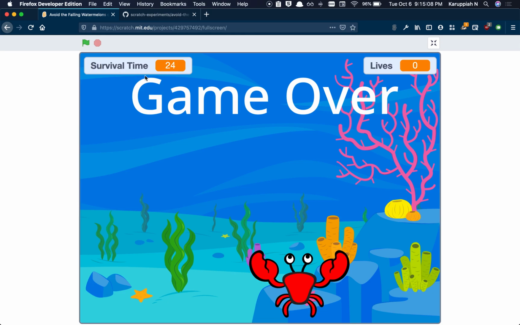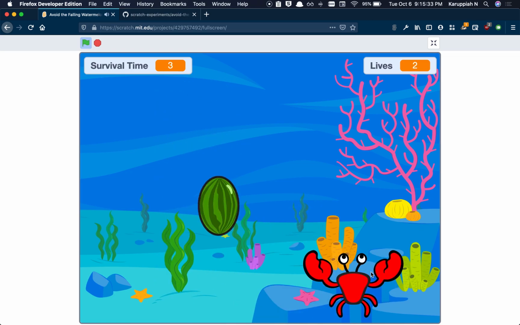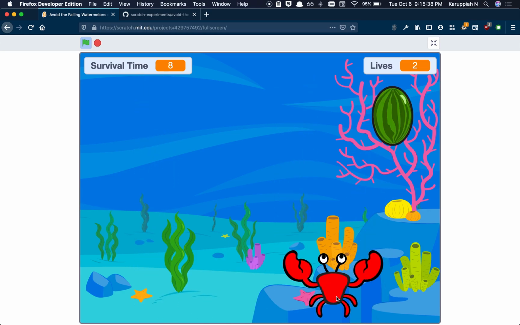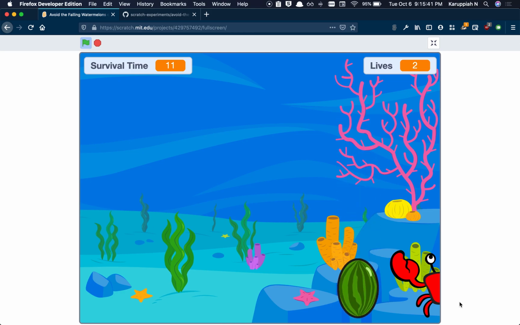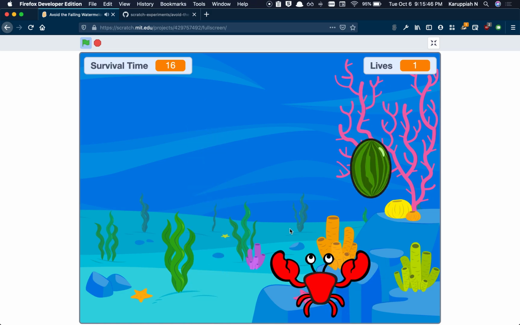I guess while we build this game, we'll also add the winning implementation where, let's say, if the player survives for like 60 seconds, then the player wins. For now, it's just indefinite. It goes on, and the time increases. Oops, I guess I can't move really fast sometimes. Huh? I don't know why. Yeah, I can move fast actually. Cool. So let's lose for now.